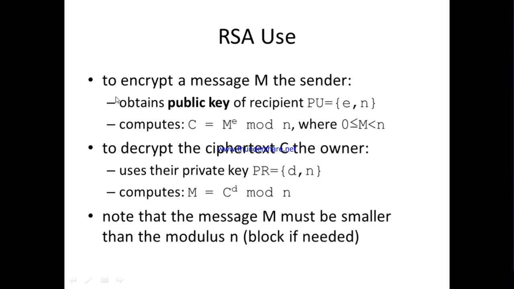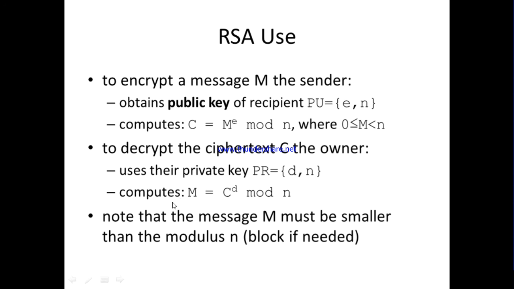And then how do we encrypt? For encryption we need to use the public key. If I take M as the message, the ciphertext C can be calculated as M power E mod n. And decryption is done through the private key: C power D mod n will generate M.